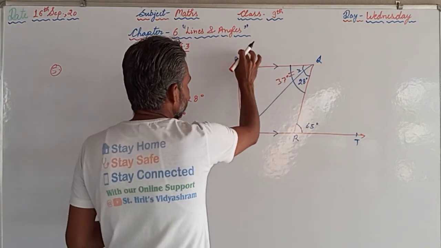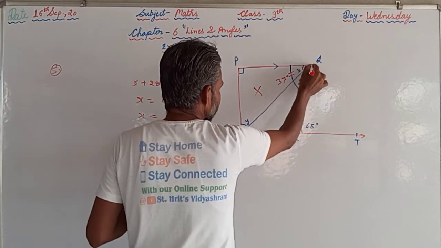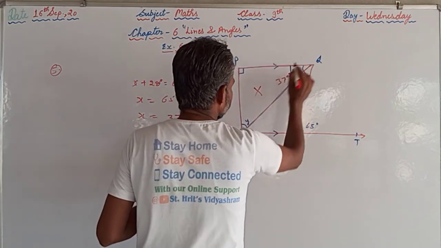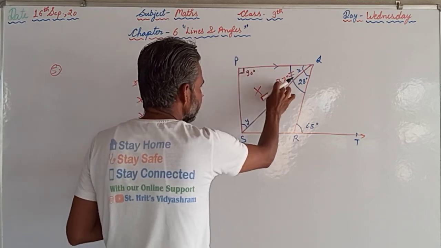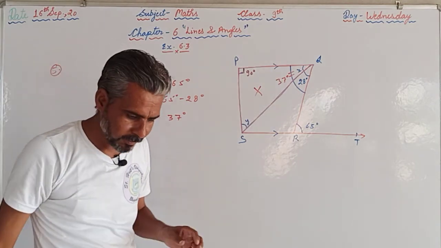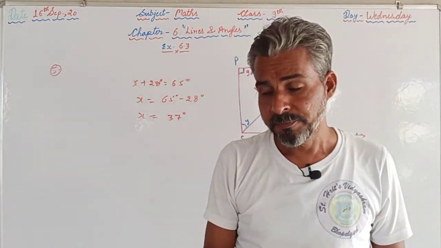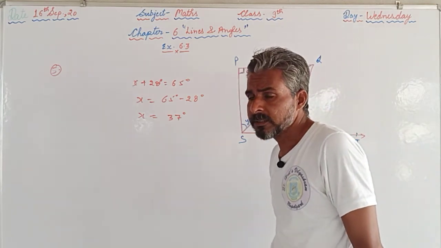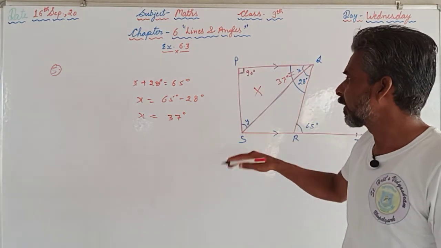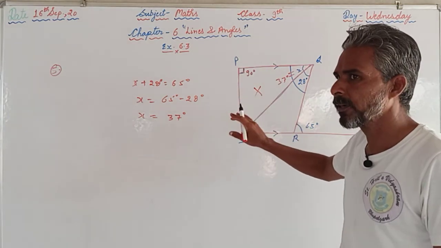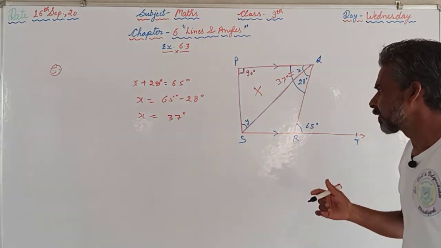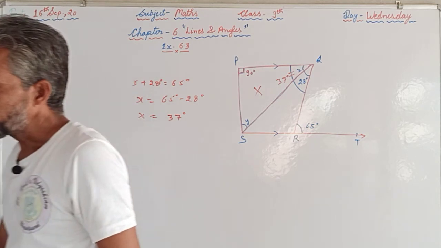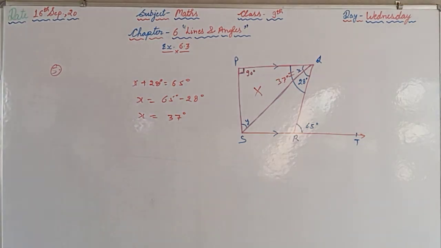Now in this triangle PSQ means this triangle, this angle is known, and this is 90 degree given in the question. This angle plus y will be equals to 180 degree. Why? Because that is the angle sum property of the triangle. If out of 3 angles, 2 angles are known to us, then we can find out the third angle by using that property only. 90 degree plus 37 degree plus y will be equals to 180 degrees. So from that only we can calculate the value of y. So like this we are supposed to proceed the questions of this exercise.